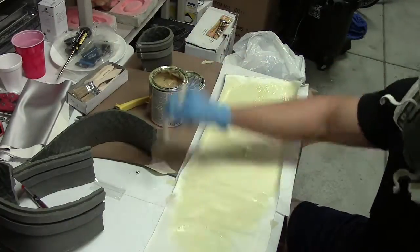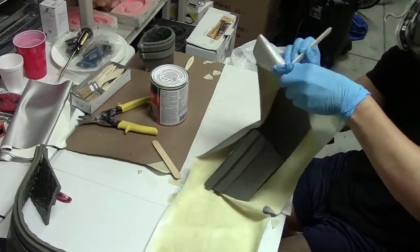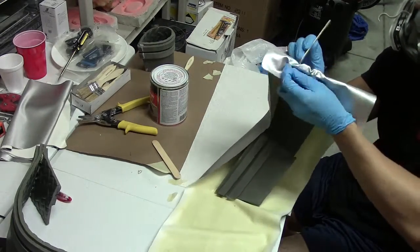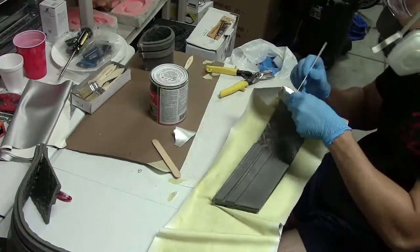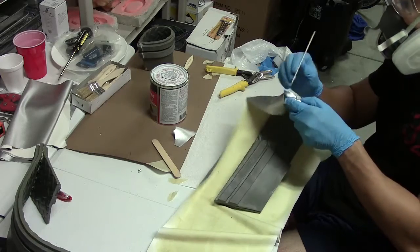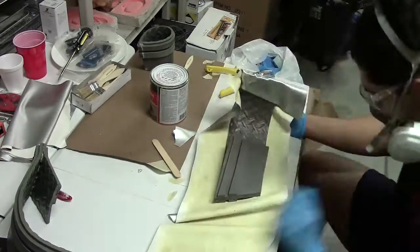So pretty much you want to glue the back side of it. After you finish gluing, you can immediately start to place it on your piece,